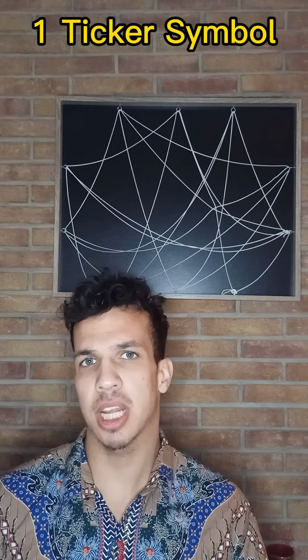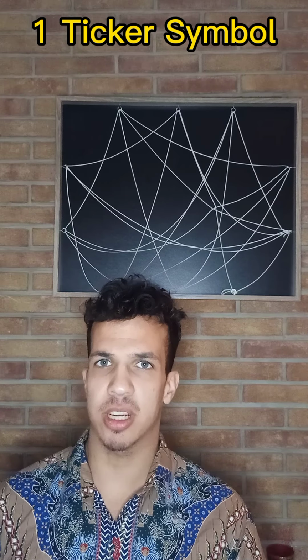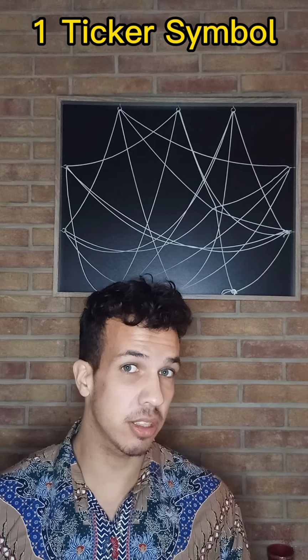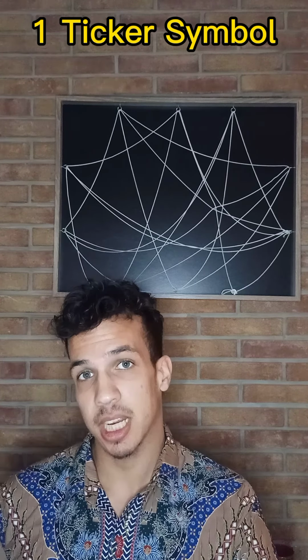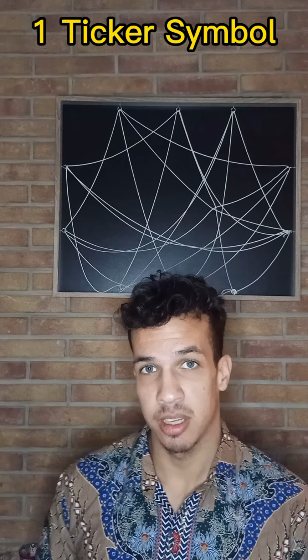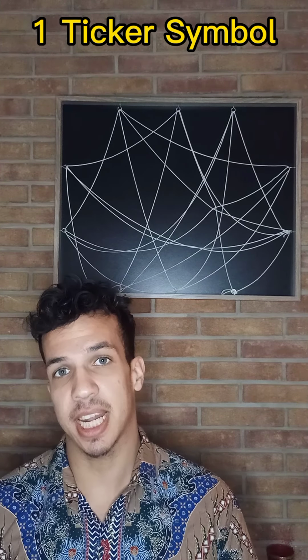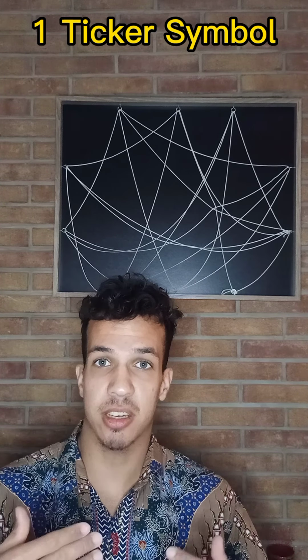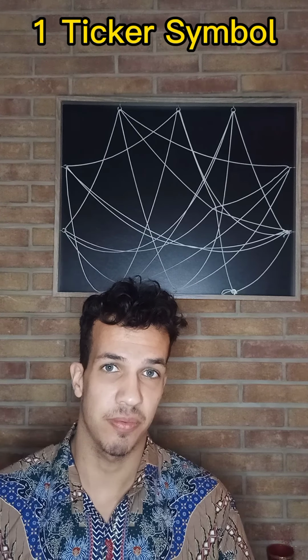So if you go and type on any broker exchange, for example, let's talk about Beyond Meat, you type Beyond Meat. There could be other companies named Beyond Meat Inc., Beyond Meat Corporation, Beyond Meat Company, etc. So that's why a ticker symbol is a much simpler and better way to identify a stock.